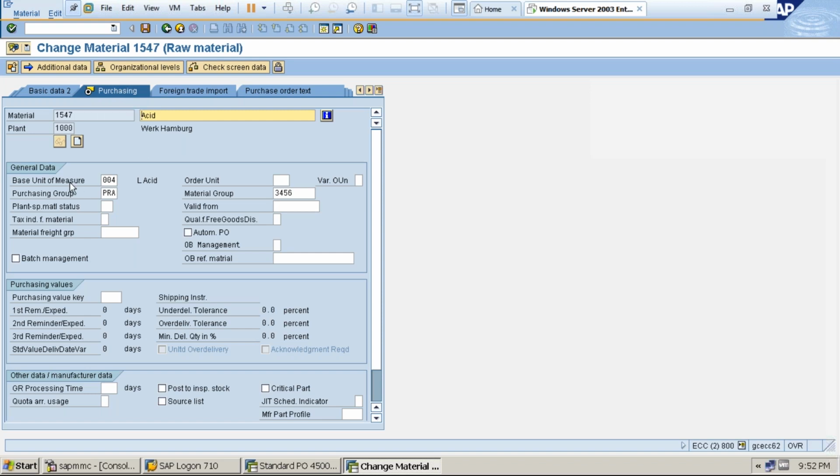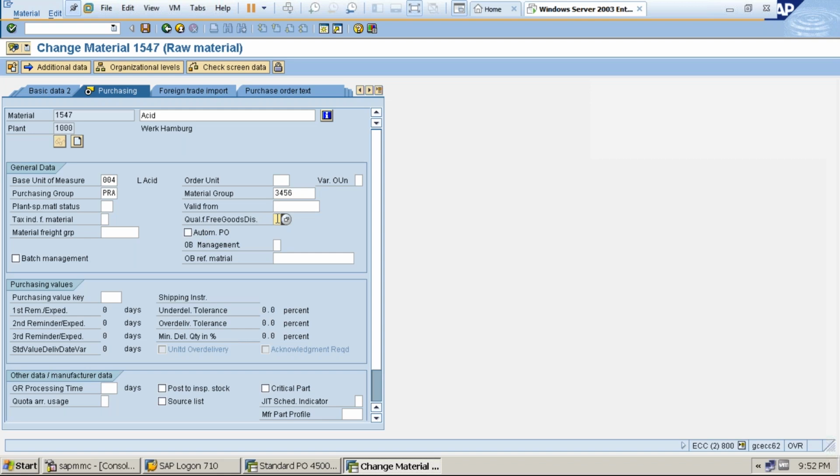So in this case, you need to tell any 5 or 6 as per your choice. Let's say for example, we are saying purchasing group. Okay, that's well and good. And we also have plant special material status. We have tax indicator for material, and we have valid from, and material group, and automatic purchase order, qualify for